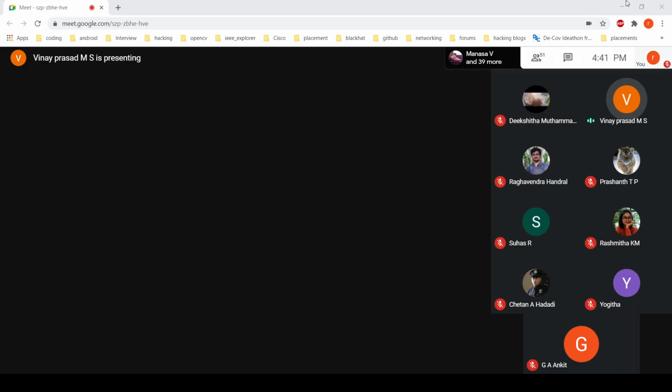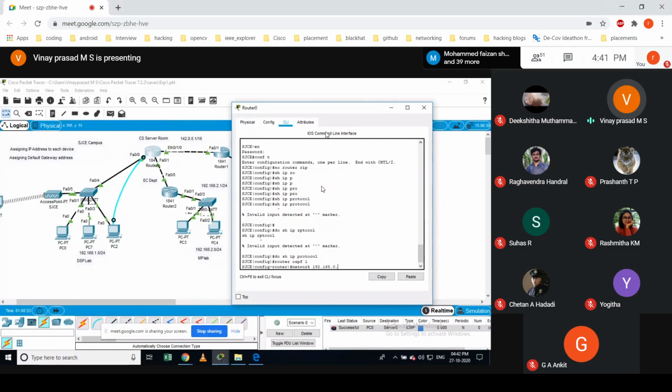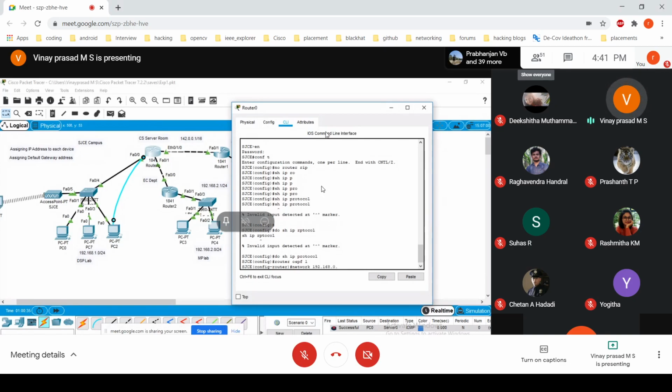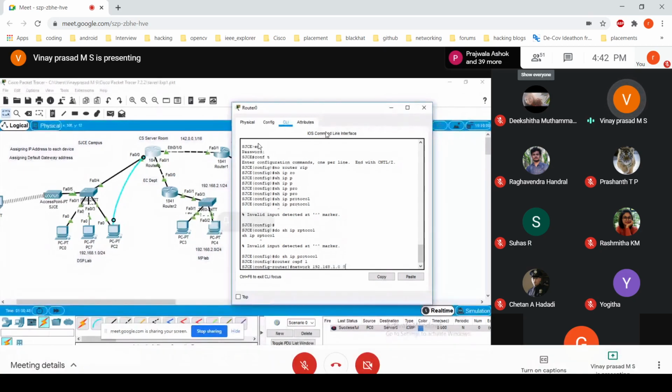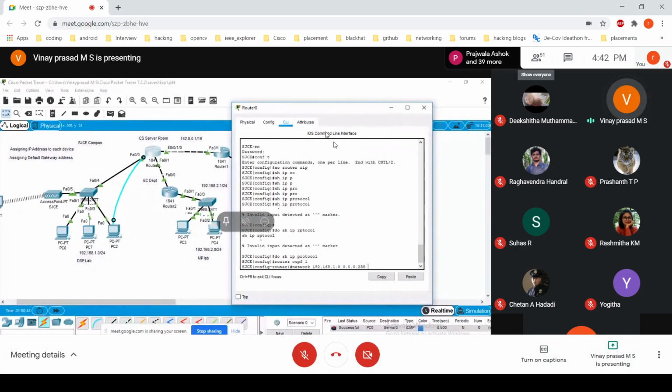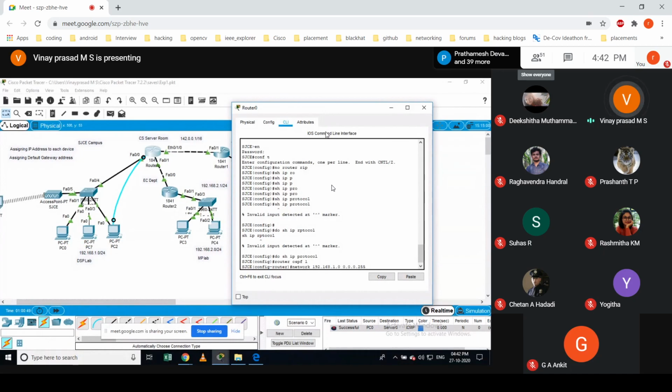Router OSPF 1. Then I say network. The network address is 1.0, and the wildcard mask should be 0.0.0.255. I use class C, right? 255.255.255.0, and the reverse of that is 0.0.0.255.